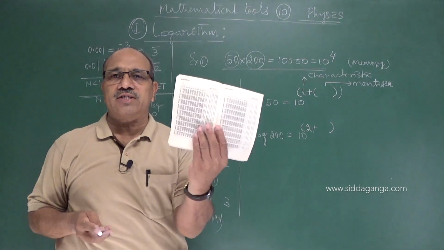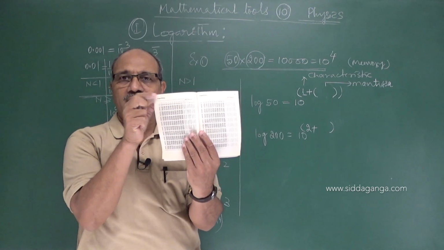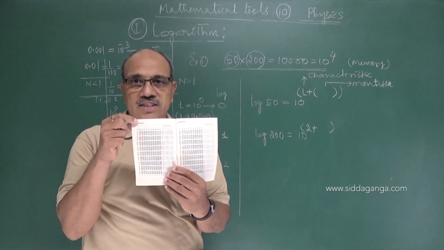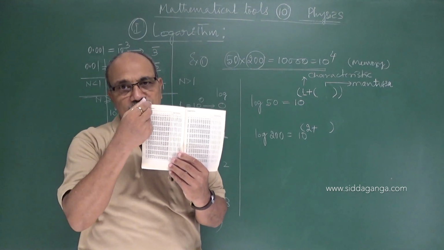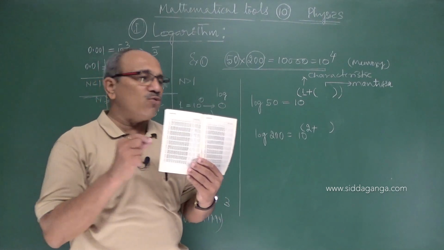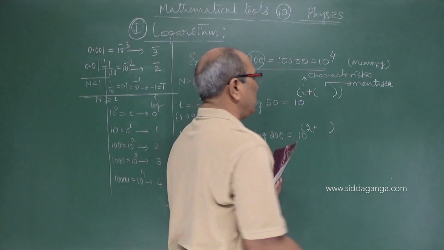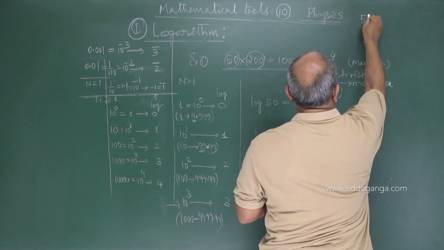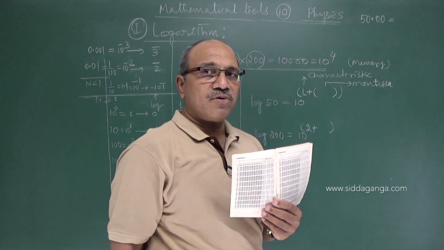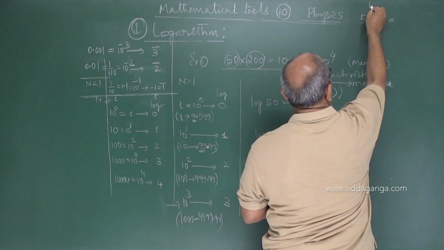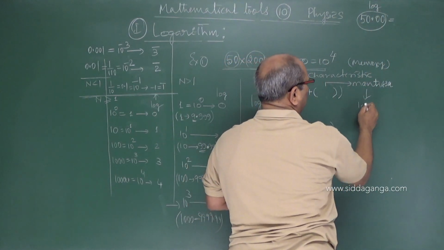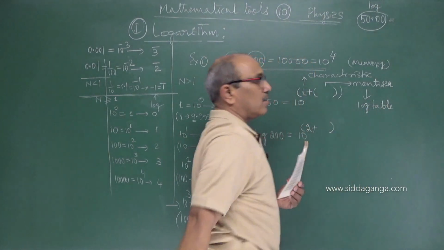open the first page itself, you see the word logarithm written. There is various information, but you have to open the page which contains the logarithm. If you see the leftmost column, it has 2 digits. Usually we go for 4 digits. For example, if I want 50, 50.00 can be written. I am only looking up the log for this number. The mantissa part is available from the log table, not the characteristic.